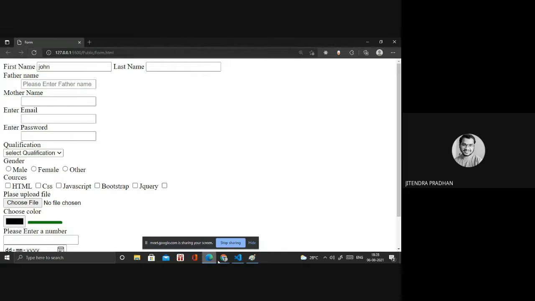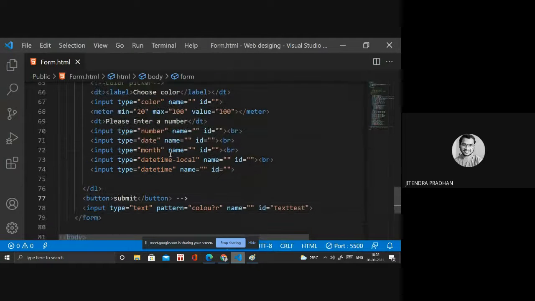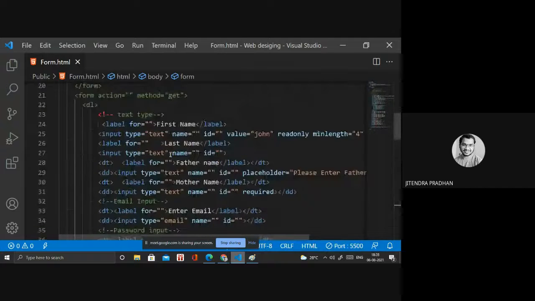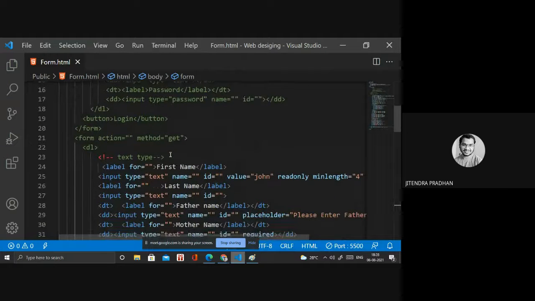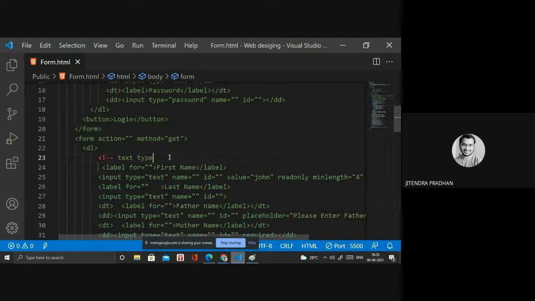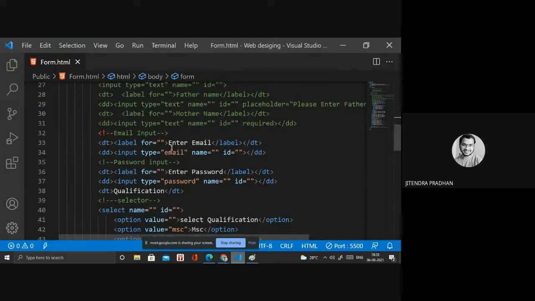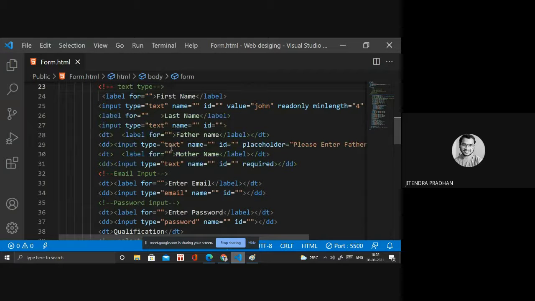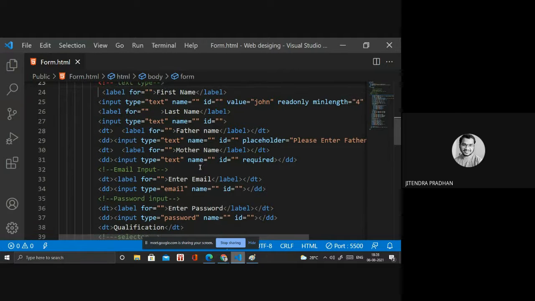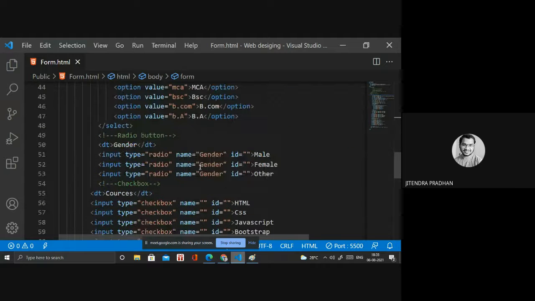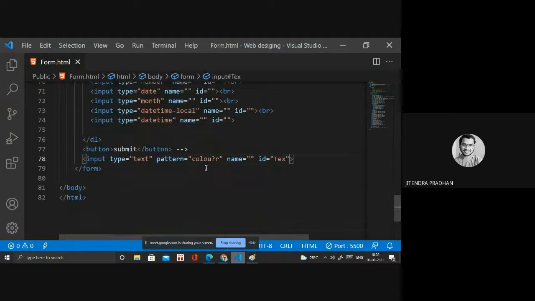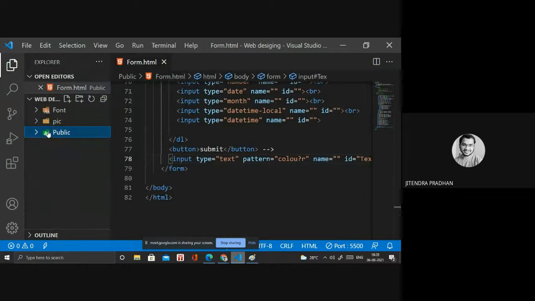Why? Wait. Not still. Okay, wait. I will create another file, then I will show you regular expression.